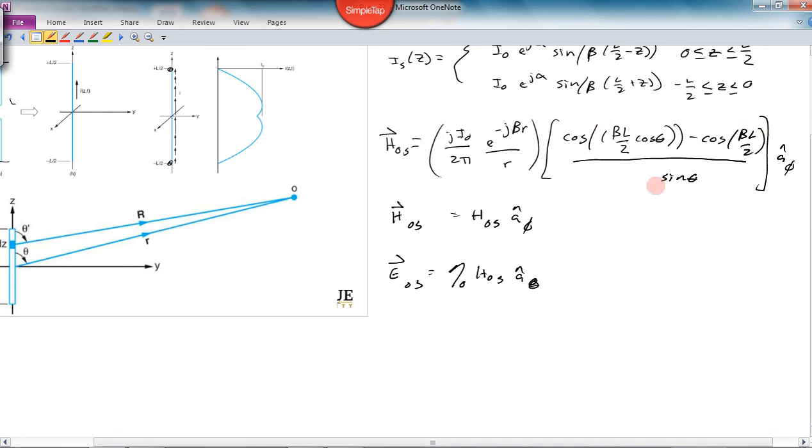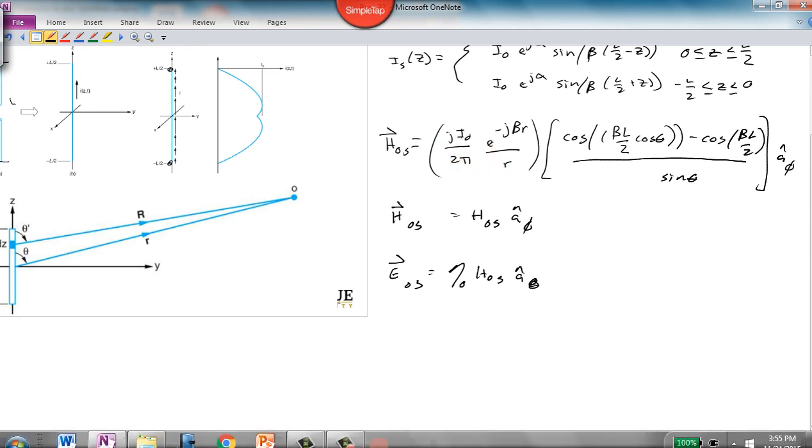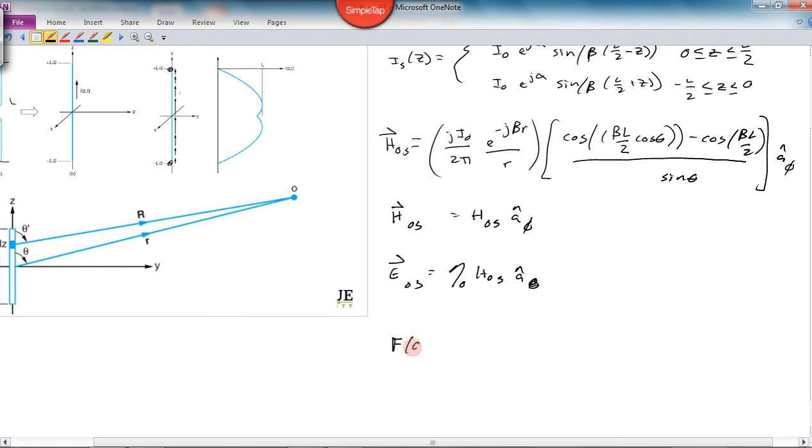This term, this bracket that gets multiplied by this magnitude multiplier here, is often called the pattern function. We define the pattern function for an antenna. The pattern function for a dipole antenna is just everything that's in these brackets